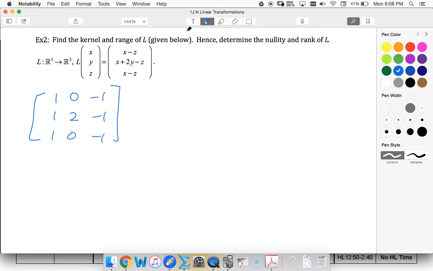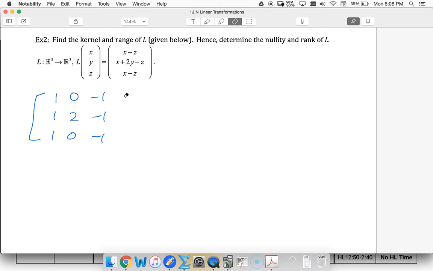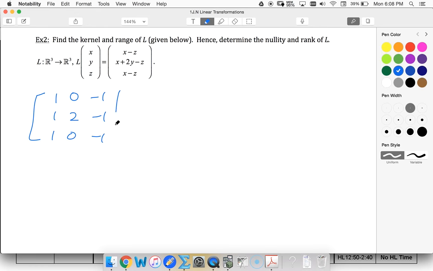And then I'm going to, sorry, I said I was going to make the augmented matrix because we're looking at setting it equal to 0 to find the kernel. But also remember the reduced row echelon is going to give us our range. So notice we've got two rows that are exactly the same. So I'm going to end up with 1, 0, negative 1. If I do some subtraction here, I'm going to end up with 0, 2, 0, and then 0, 0, 0